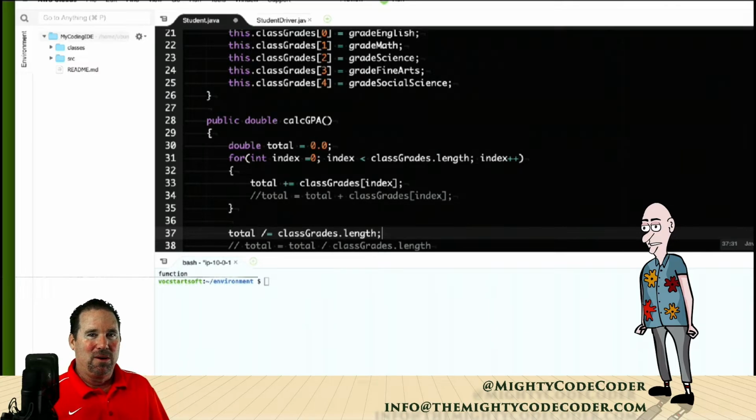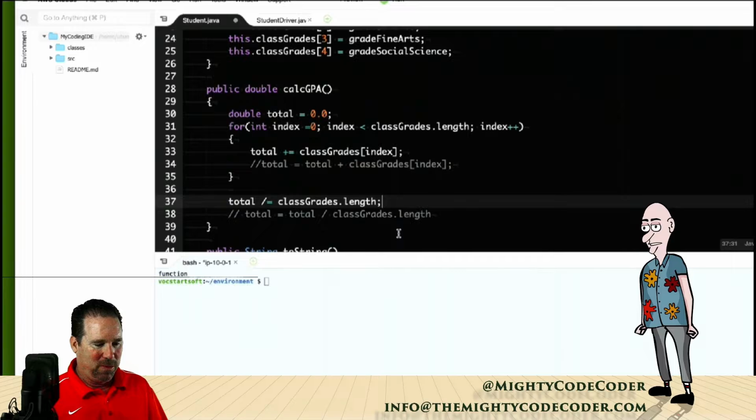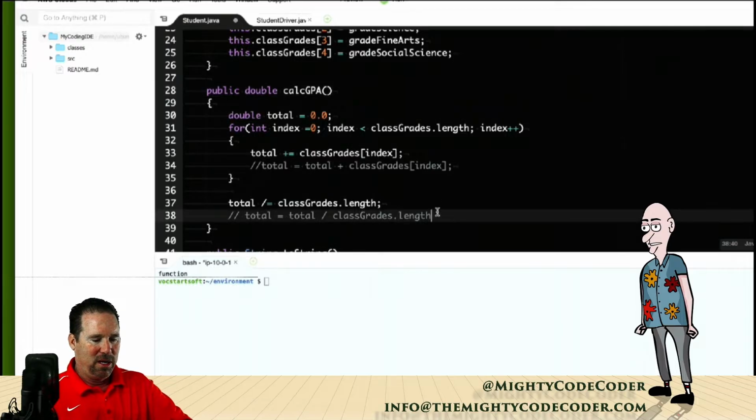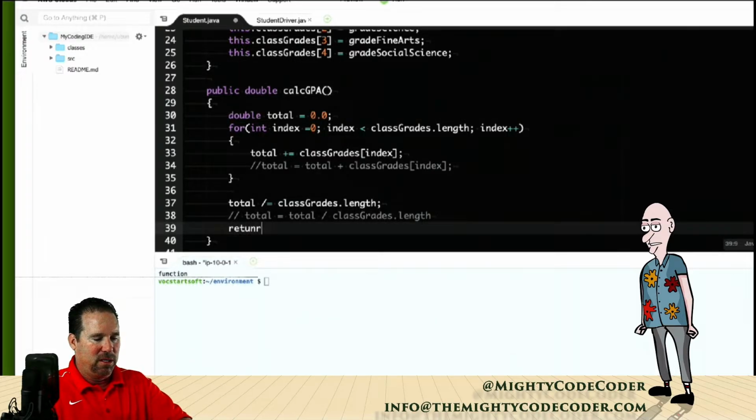All right, so now with that said, I think that will just about do it, except for, remember I put double here, which means there's a return type, so I got to return that total. So I'm going to return total. Okay, so there's a nice little processor method. I went through the array and I went ahead and added up all the grades. Okay, and I divided by how many classes you have, and now I should have that GPA in my total. Okay, so let's go ahead and save that, and let's go ahead and compile it. All right, no errors,